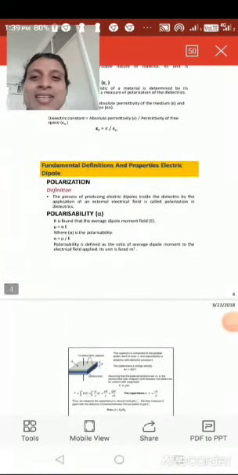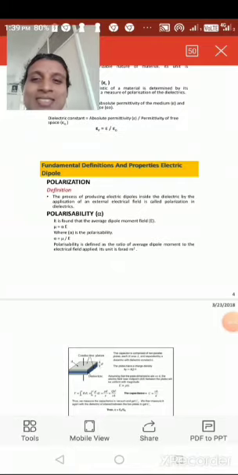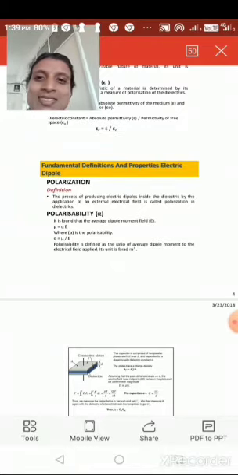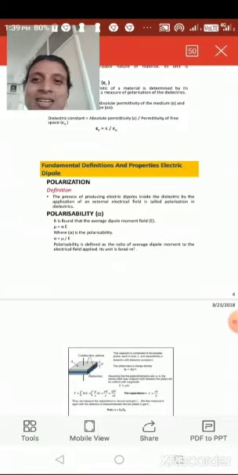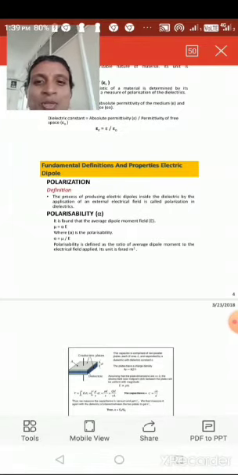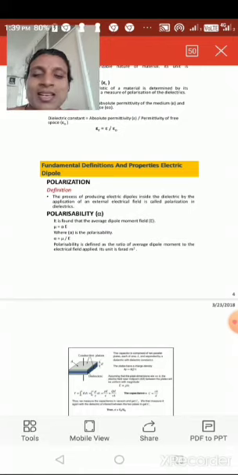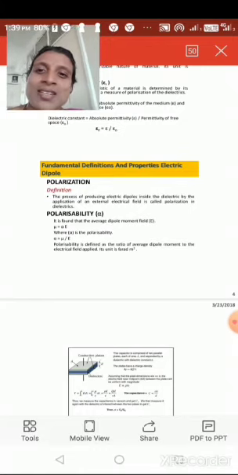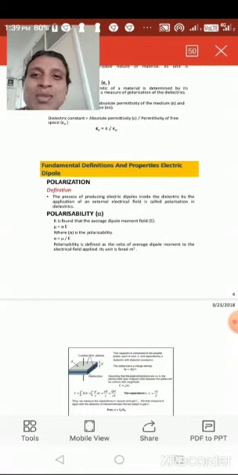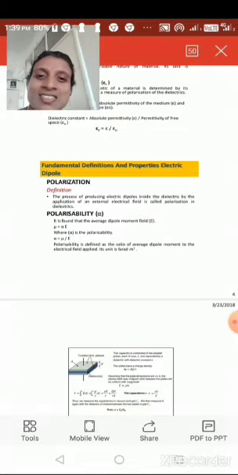In today's class we discuss polarizations, the various types of polarizations, and the purpose of studying dielectric materials. Polarization is the process of producing electric dipoles. An electric dipole means a positive charge and a negative charge. Di means two, poles means the charges. The electric dipole is a similar concept to the magnetic dipole.